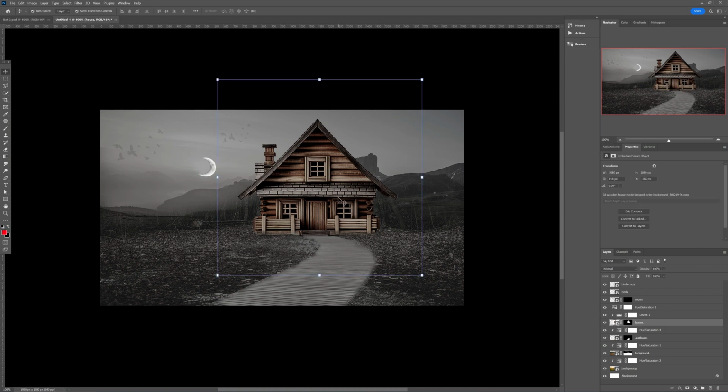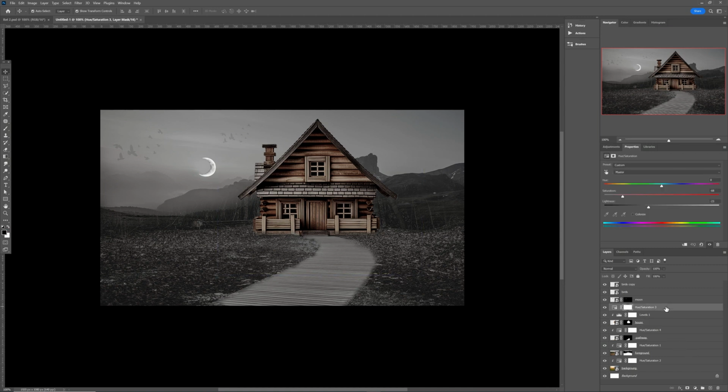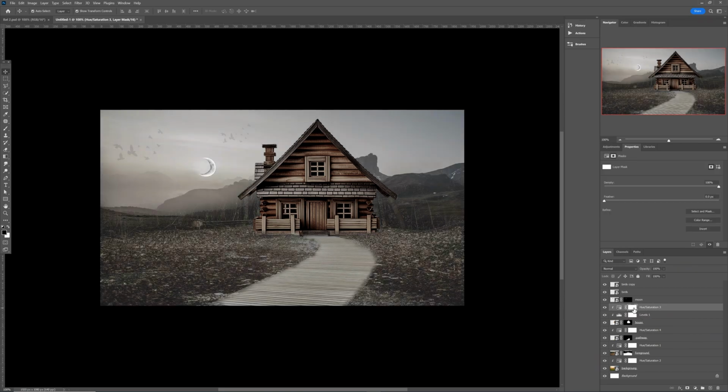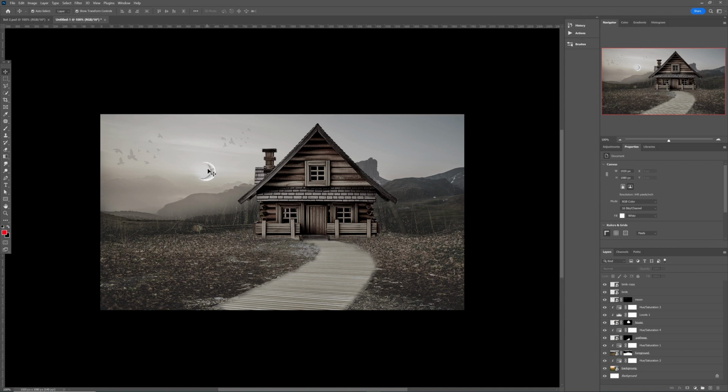We can still go ahead and touch this up. This hue and saturation was not clipped, and now I can go ahead and clip it. Okay, now we are back to where we stopped. Select this hue again for the house, and I want to desaturate the house more, to something of this nature. Okay, like this we are very much in line. I can still go ahead and increase the size of this moon, our source of light, like this,